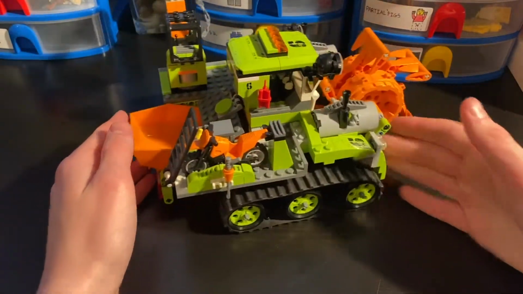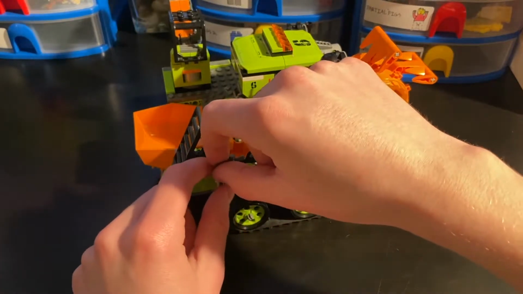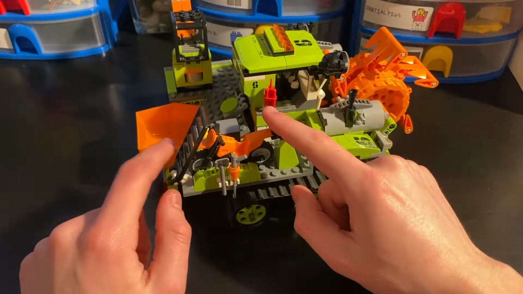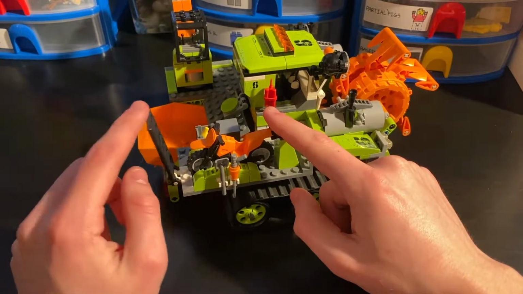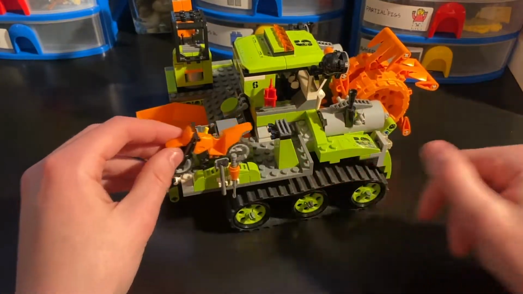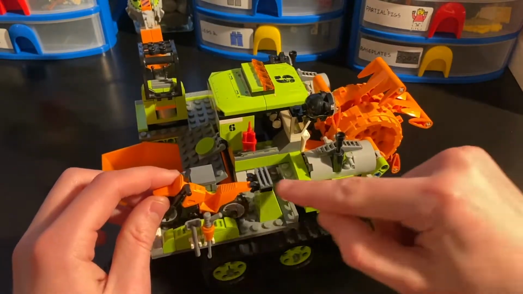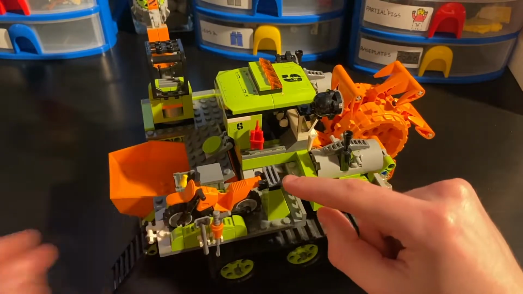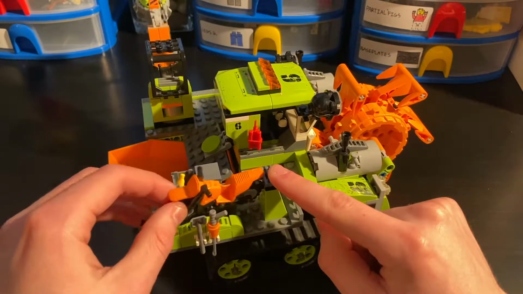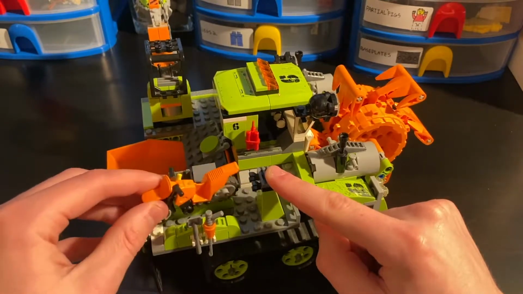Then as you move to the left of the Crystal Sweeper, you're going to have a lot more details. First is this bike, and the bike is able to be released after you move the ladder down, and it's held in with simply this two vertical clip. So that's pretty nice. It's not that tight of a grip, so it's easy to be removed, which is nice,